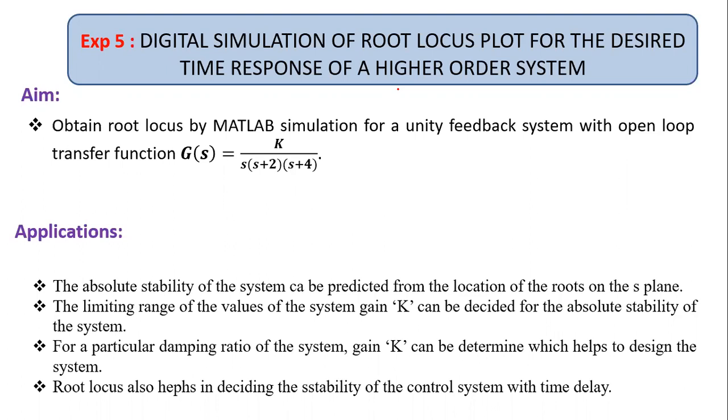For the given system, we need to identify the stability. So by using root locus, we can identify the stability of the system and the range of values of k up to what values the system is stable, and also, depending on the time response and the time response characteristics, the desired time response. By observing the pole locations, the damping, overshoot and all, we can design our systems.